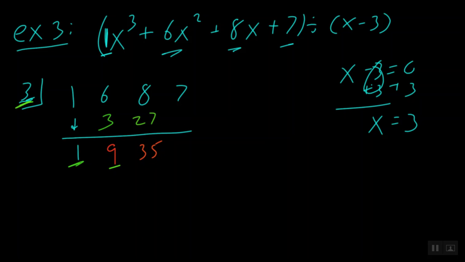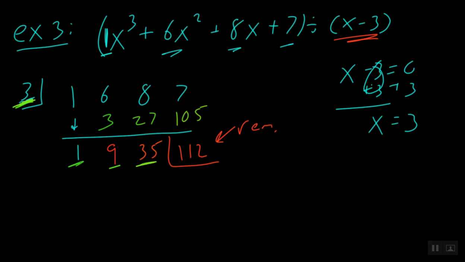Okay. Now we're getting to some larger numbers. Alright, switching back to my green, what is 3 times 35? Well, that's going to be 105. And switching back to my red, what is 7 plus 105? Well, that's going to be 112. Now you will notice here there is a remainder, so we know that x minus 3 is not a factor,